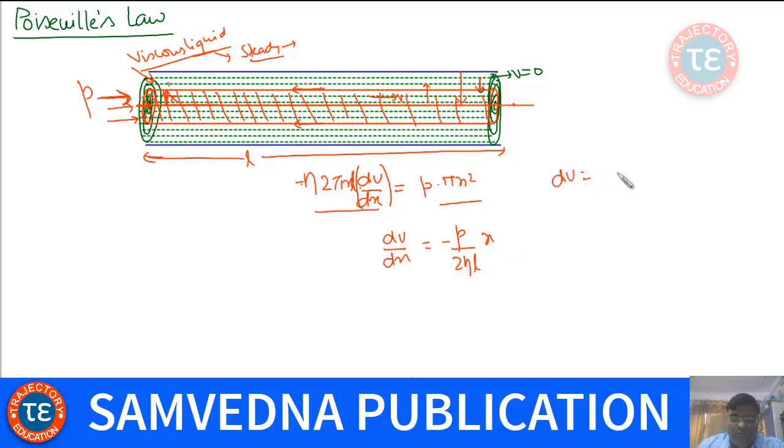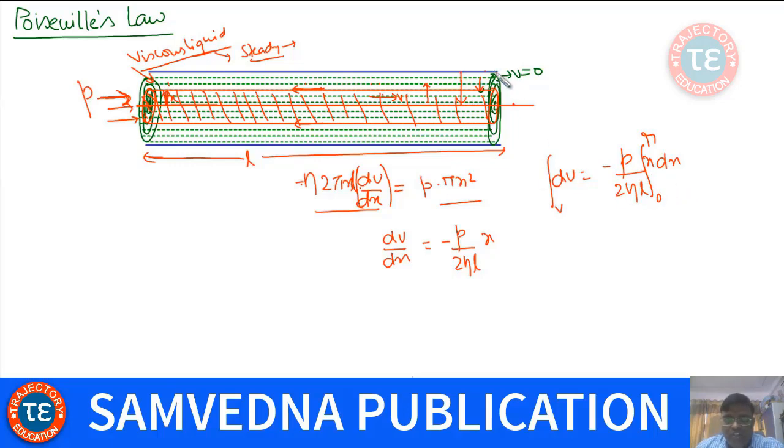So dV would be minus P upon 2ηL x dx, and we integrate. When x is 0, suppose the velocity is v, and when x is r,